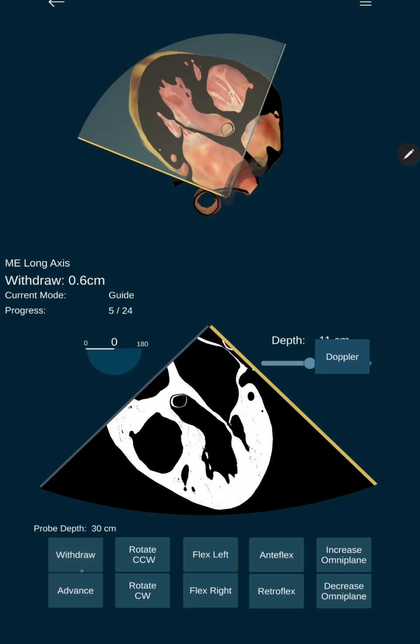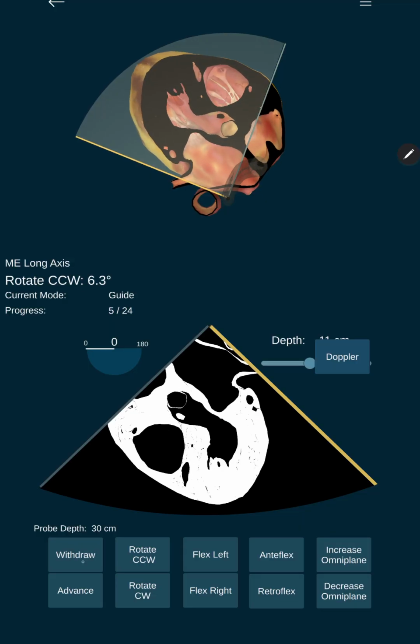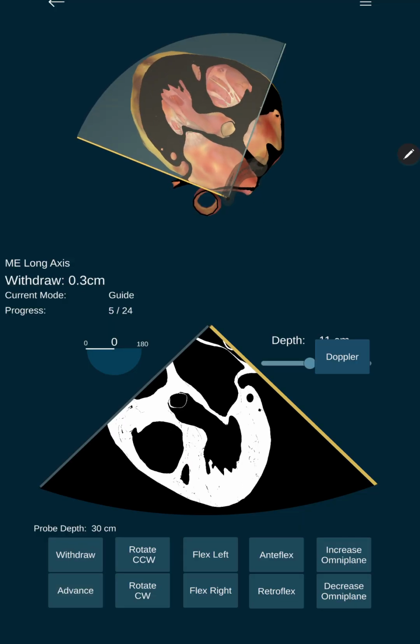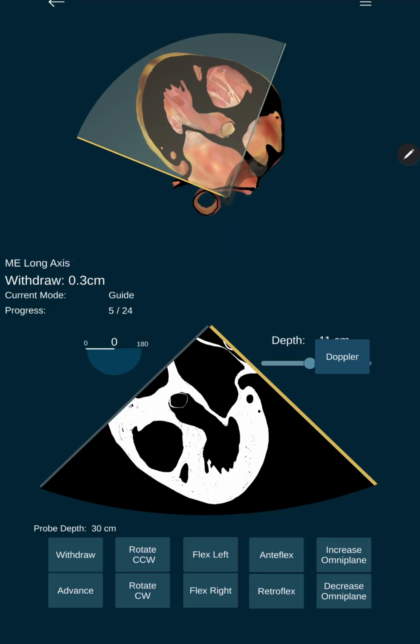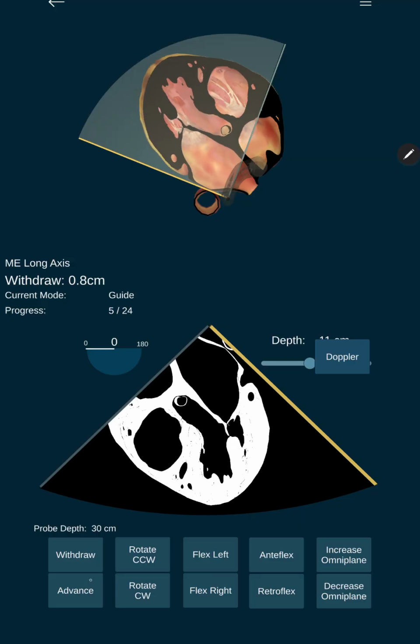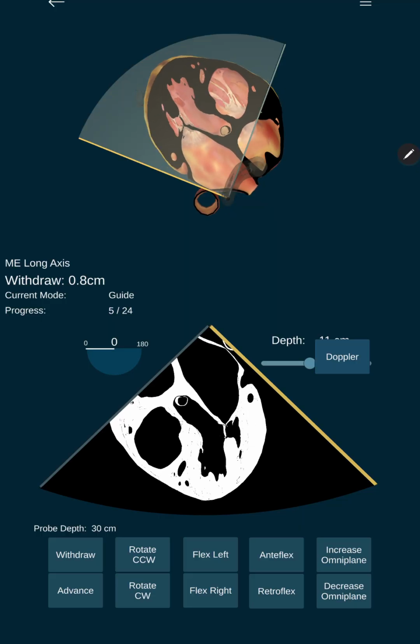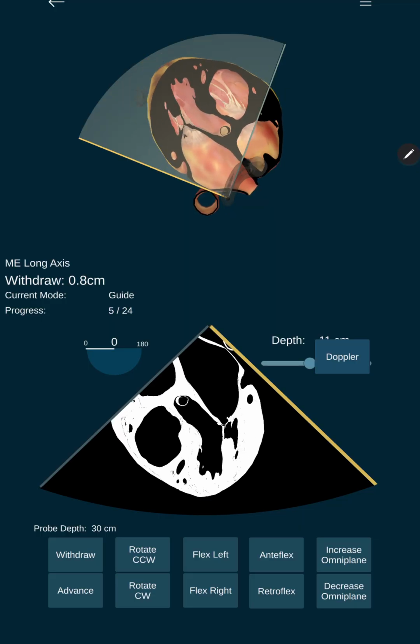Advancing, we can see the aortic valve here. This is the aortic valve, this is the left ventricle, left atrium, and this is the mitral valve. This is the RV and RA. So it is a 5-chamber view. Furthermore, clearly we can see the aortic valve, LV, LA, RA, RV, that is the 5-chamber view, wherein we can see